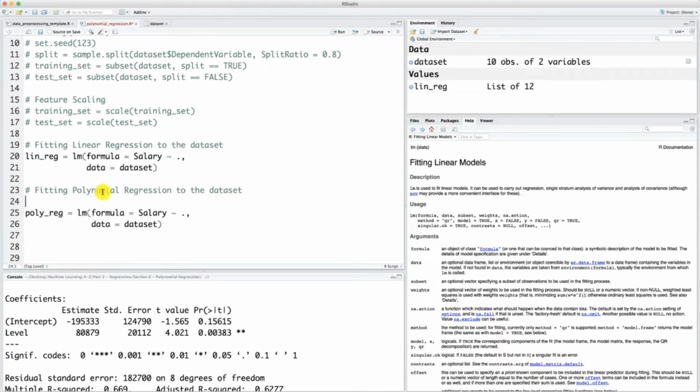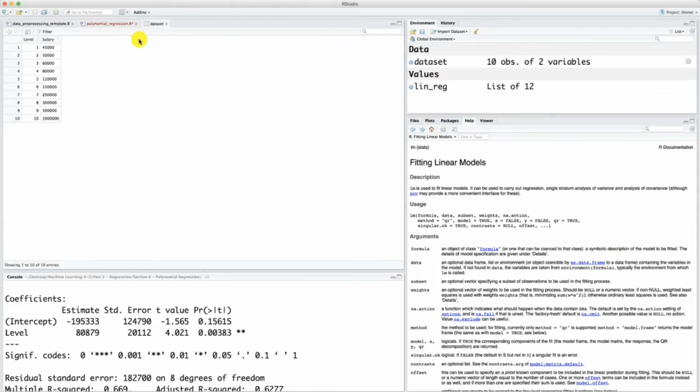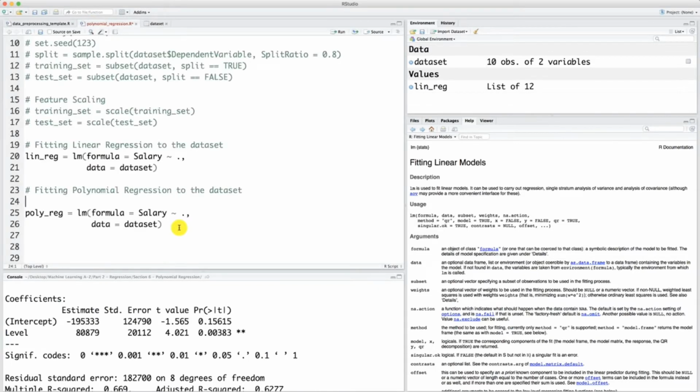And to that extent, what we're simply going to do is add a new column here in this data set, which will be the level squared. So we're going to call this new independent variable level 2, and let's add this new column right now. To add a column in a data frame, we need to take our data frame, so it's data set, here it is, and then we need to add a $ sign here. And then we can add any name here, which will create a new column of this name and add it into our data set. So we're going to call this column level 2,